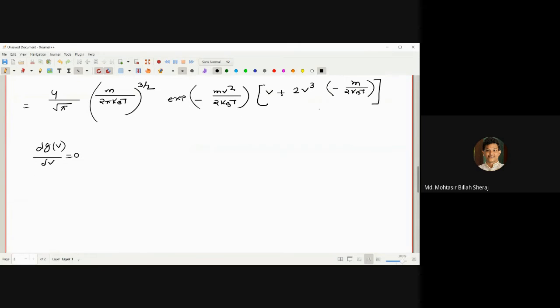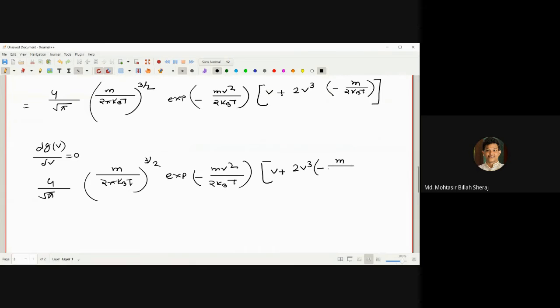So now we will set this equal to 0. 4 pi root pi, m by 2 pi kbt whole to the power 3 by 2, e to the power minus mv square by 2 kbt, and this will be v plus 2v cube minus m by 2 kbt, equals 0. So what we can do here is